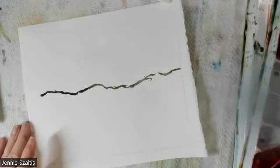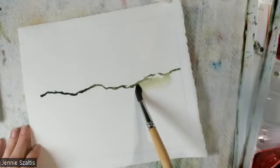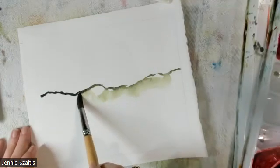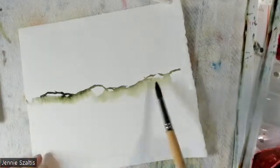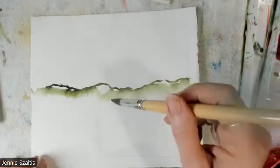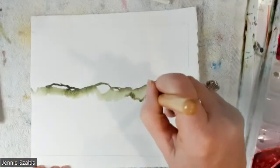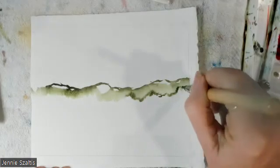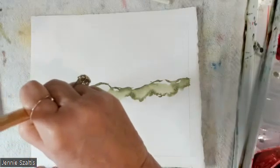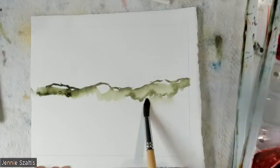I've rinsed my brush, full of water, tipped in here, and away we go. And I'm leaving some white spaces, and you'll hear me say over and over, because I wanted to. That's the reason. Now, it's the same green. I'm going to do it down here. Usually I'll change color, but I want to show you this. Same green. Rinse my brush. Come back down, smush it some more,